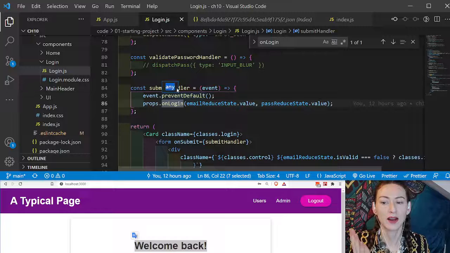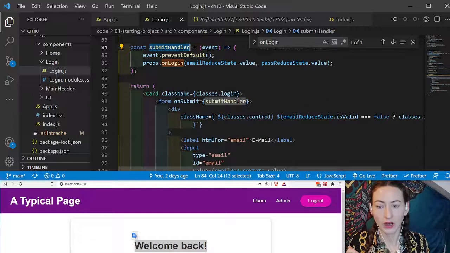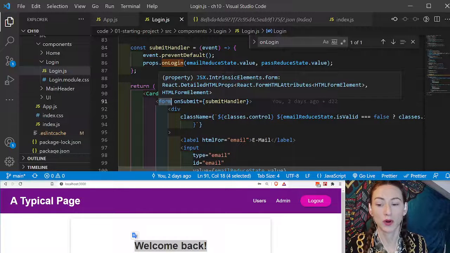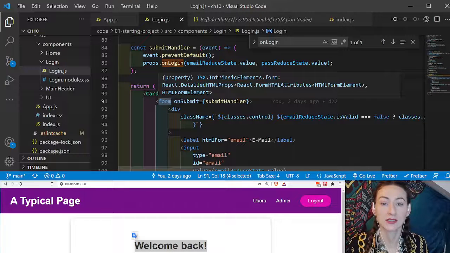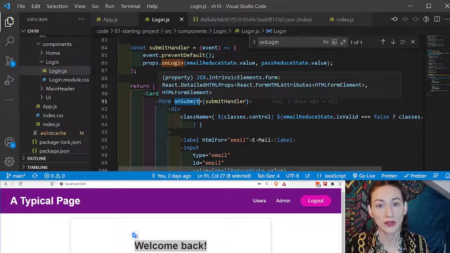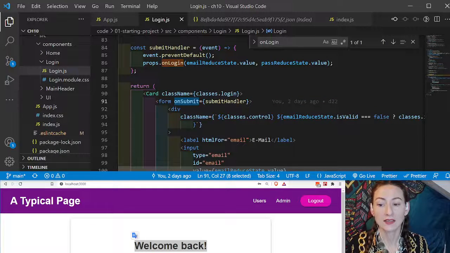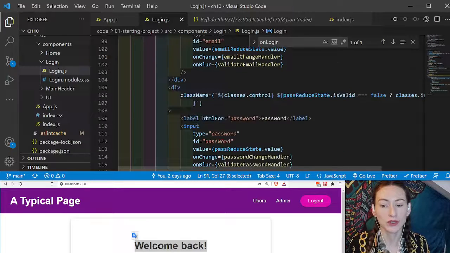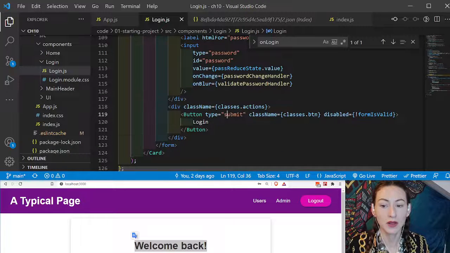So here we have a submit handler, right? Which is called on the form submit. So onSubmit is already linked to a form. You can just use that with forms. It's not a prop. We haven't defined this ourselves. It comes with the form. So onSubmit comes with the form tag, and they're linked. Whatever you put into the onSubmit is what runs when you click the submit button of a form. If we go down here and look at the submit button on the form, this button has the type submit, which is linked to the onSubmit on the form. And then